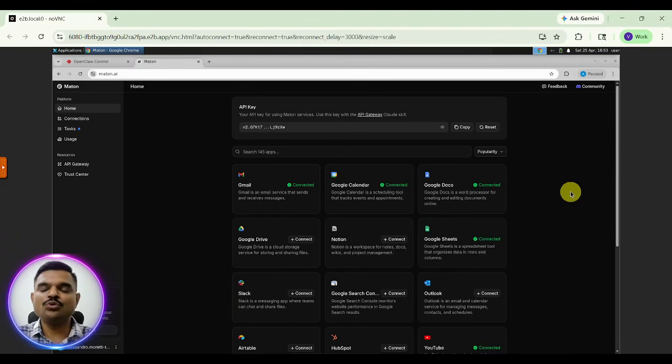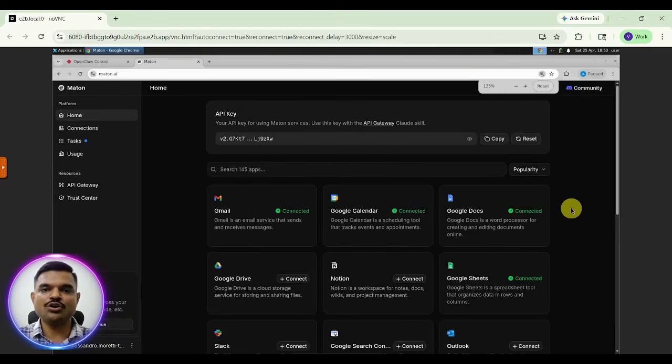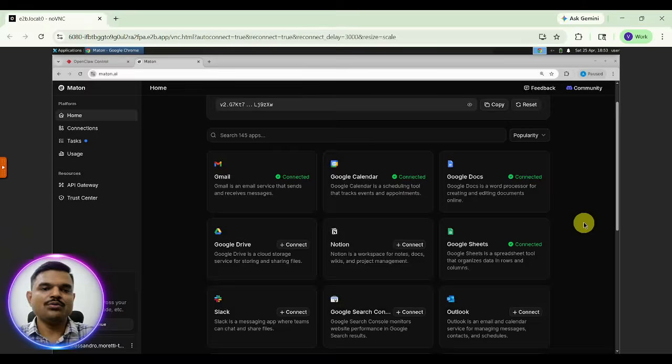Because you don't have to do complicated configuration settings in your Google account. For example, if you want to make changes to your Google Sheet, Google Docs, Google Calendar, or any Google product, then you have to create a project in Google Cloud Console and do the setup. But it is very complicated. You may also see some YouTube tutorials. It is very complicated, and once you complete all this configuration, you just forget it because it is a very lengthy and complicated step. It is similar to your AWS.